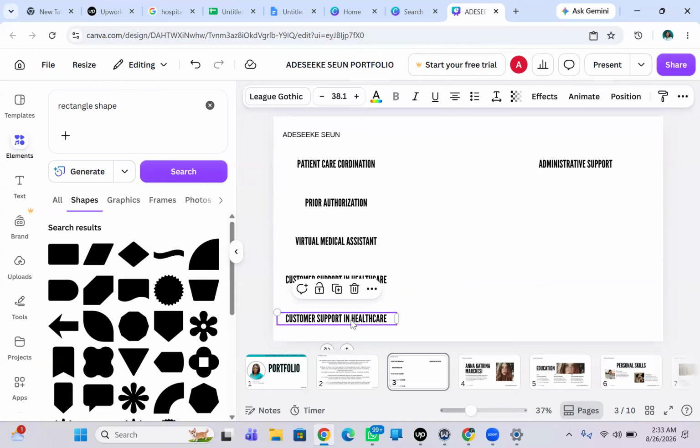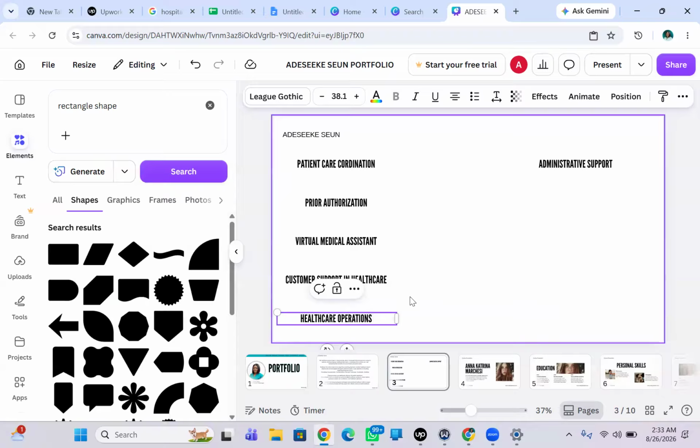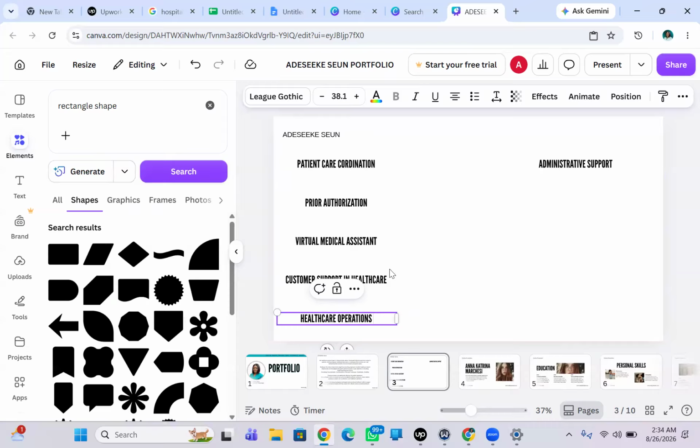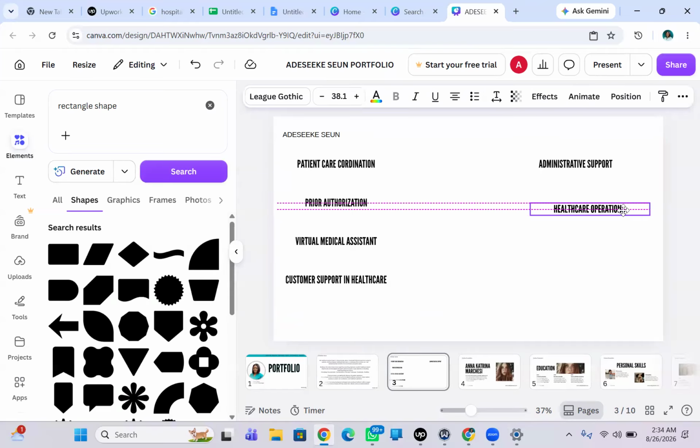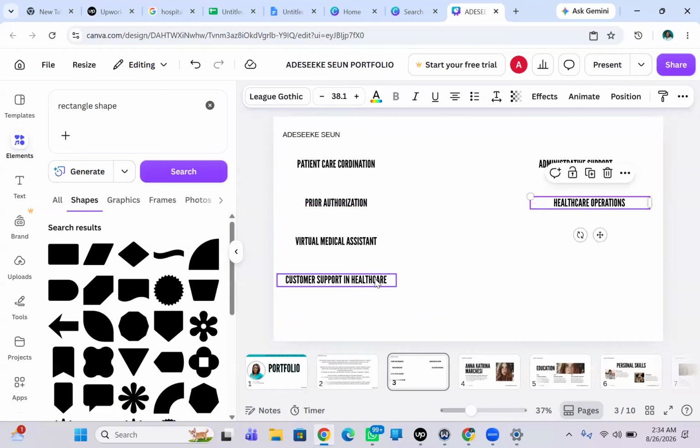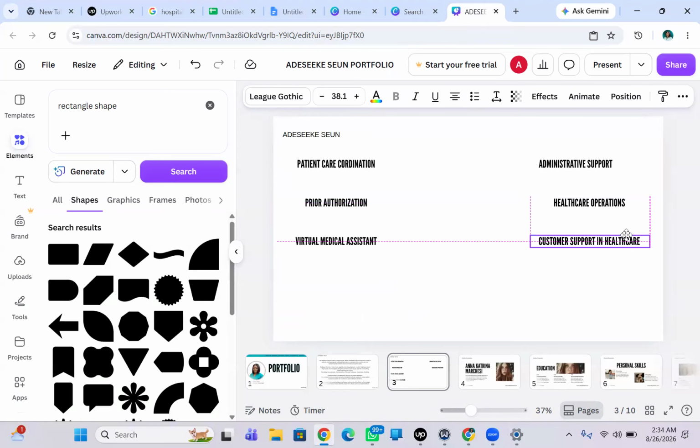All right, then you can go to maybe healthcare operations. Healthcare operations. Okay. So yeah, that's cool. So if you have some other services that you offer, of course, this is another thing you can do. Because we have it like this, I'm going to ensure it's well and properly arranged, okay? So I'll bring this one here,